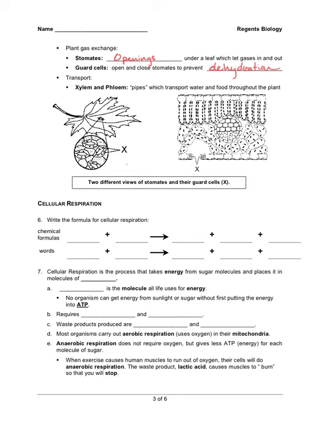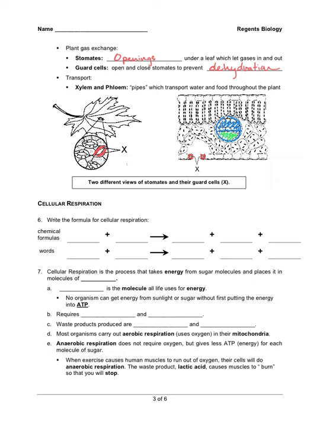So you can see that there is the guard cells around the stomate on the underside of the leaf here. And you can also see that there are guard cells on the underside of the leaf here. And then you can also see the xylem and phloem in the vascular tissue here. So one of the layers is on top and the other layer is underneath, and that's where water and sugars